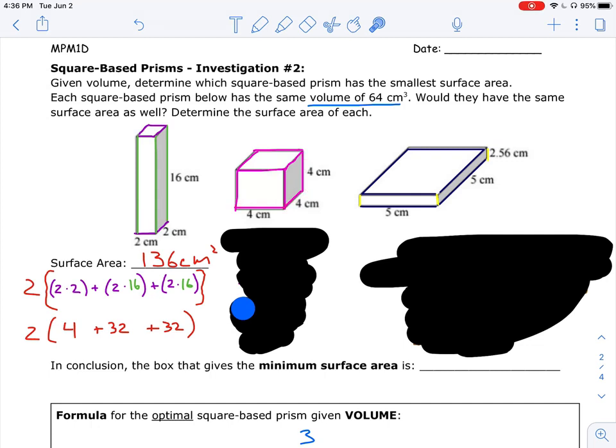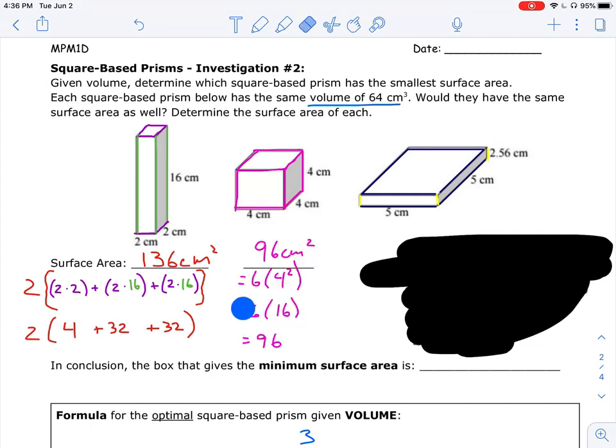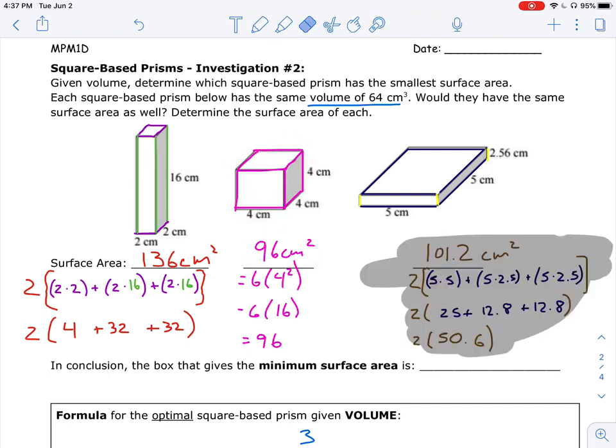The cube that I have here, right, we have length times width times height. We know the volume, we're trying to find the surface area. So all I'm really going to do is simply take each side, so 4 times 4 squared, and there are 6 sides on a cube, 6 times a side length squared, which would give me 96. So then the surface area is 96 centimeters squared for this cube. And then my last one,